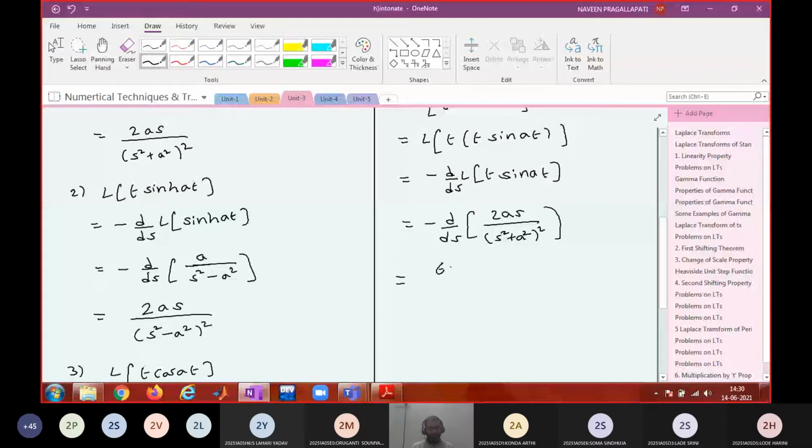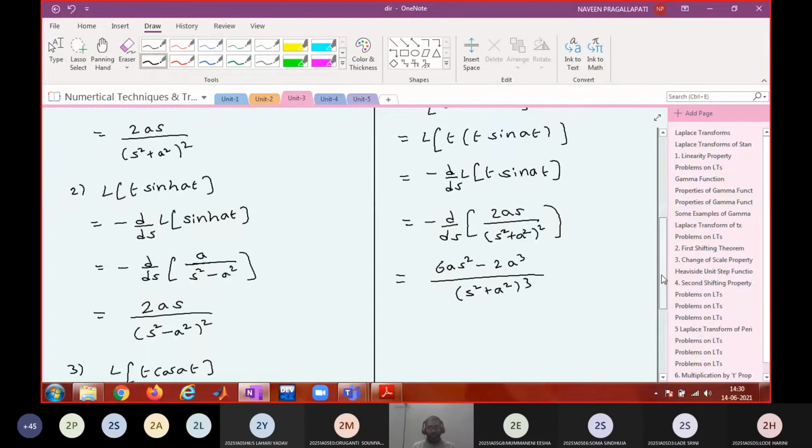It is 6as square minus 2a cube by s square plus a square whole cube. Correct. Okay. Or if you take 2a common,